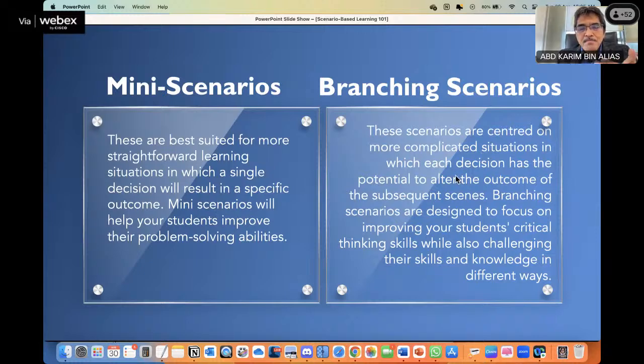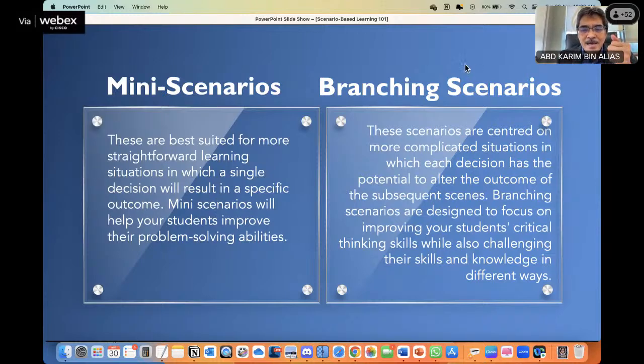And this is an example of where probably you don't have to have one correct answer. But they can also be a situation where all the outcomes would finally merge into one single outcome. So there can be many ways of designing this.